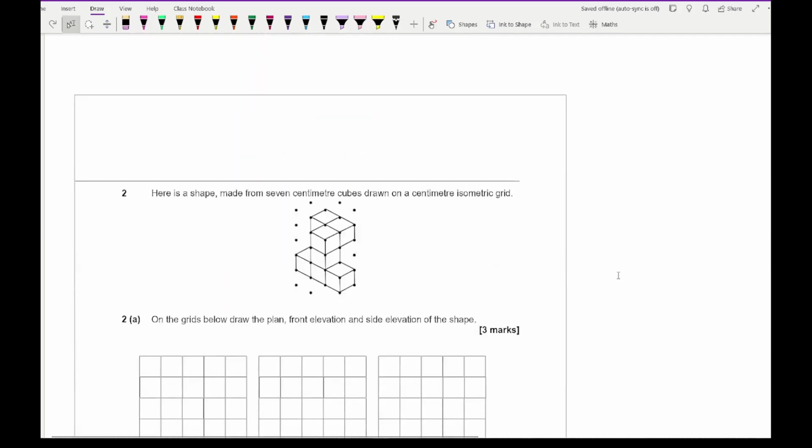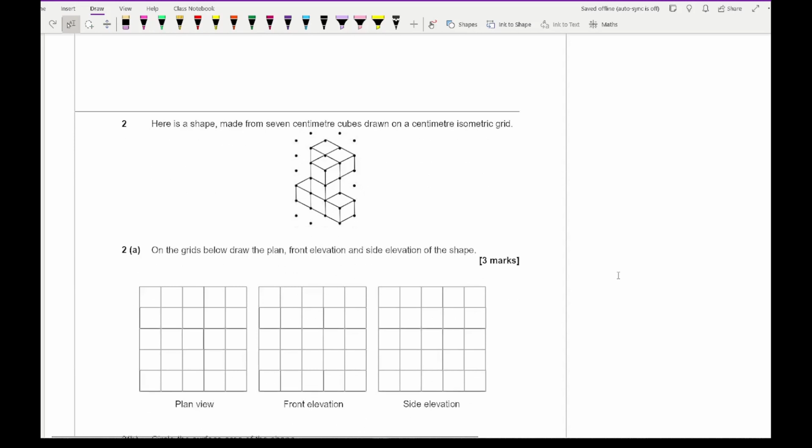Moving on to question 2, it says here is a shape made from 7 centimeter cubes drawn on a centimeter isometric grid. Now on the grid below, draw the plan, front elevation and side elevation of the shape. Now for the plan view, what's important is you first label each of the views. So this is going to be the plan, this is going to be the side, and this is going to be the front elevation. So from this plan view, hopefully you're going to be using a ruler for this, but hopefully you're going to have something that looks like this,